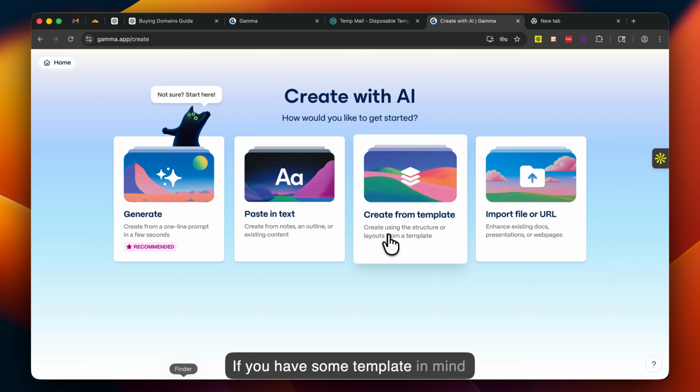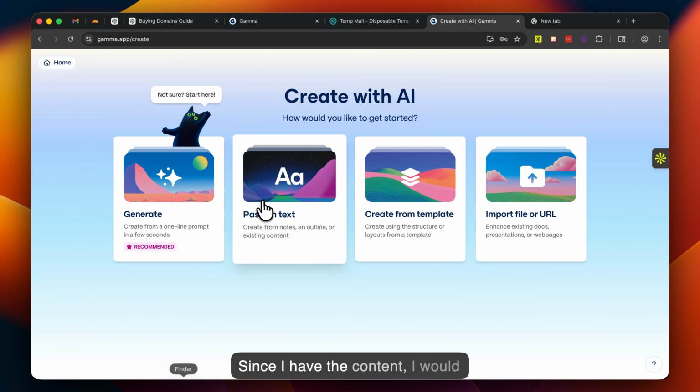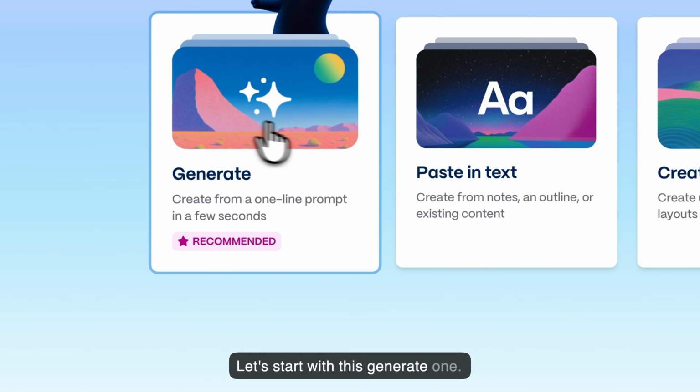If you have some template in mind, where here is the structure that you want to use, you can use this. And if you have existing files or URLs that you want to include in the presentation, you can simply select this and then edit it from that point. Since I have the content, I would prefer either this one or this one. But let's start with the generate one.